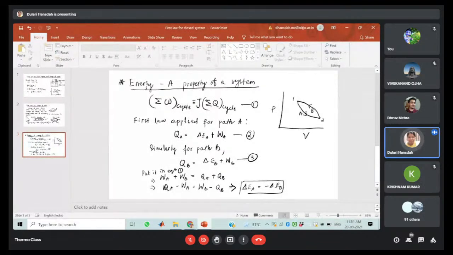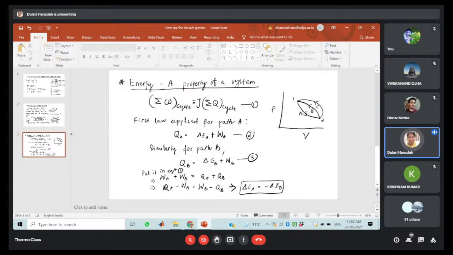So this is the equation where we are carrying the process from 1 to 2 and 2 to 1 by following the paths A and B. There we are getting this equation. Similarly, suppose we are following another path, that is path C, and you are bringing the system from 2 to 1. So here the cycle will execute between path A and path C. So it will give you the complete cycle.